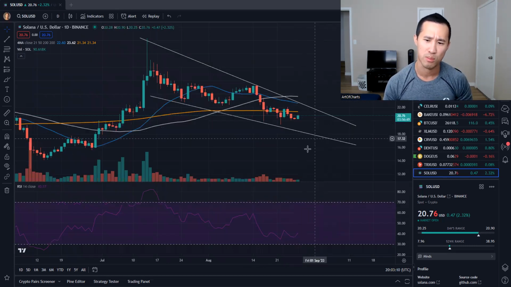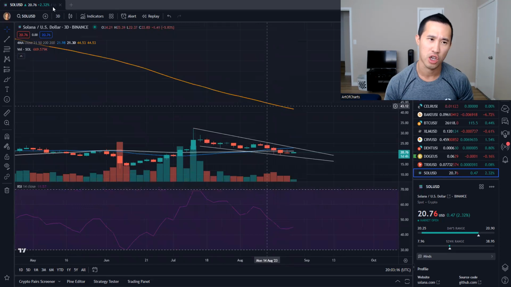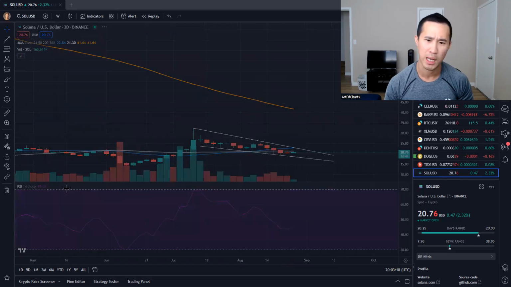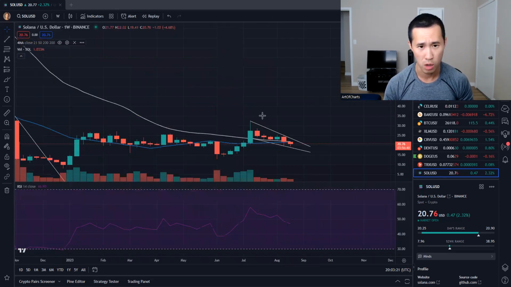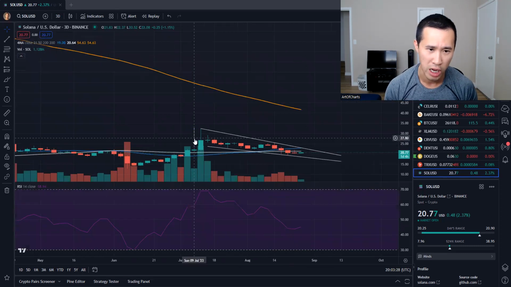Let's take a measure move out of this breakout. Let me get a clean look here. Going back to the weekly. Okay. Take a measurement of the opening of the pattern. I'll take it back. On the 3-day, it looks a lot more clean, and I can get a much clearer look.